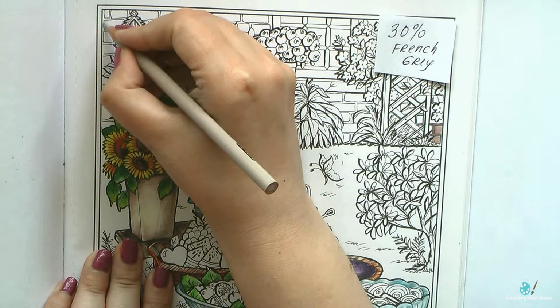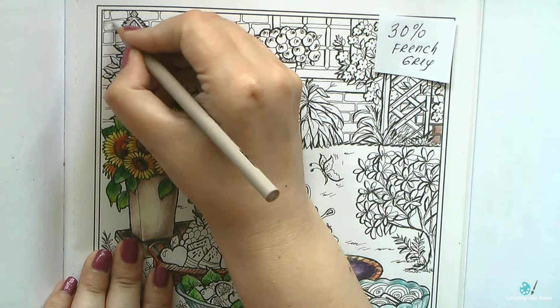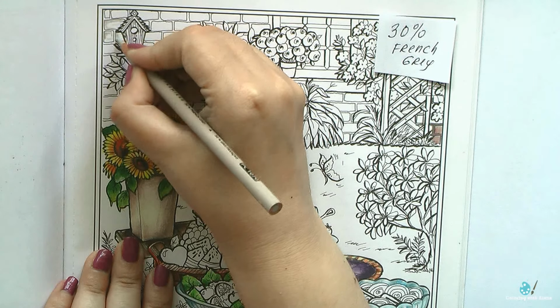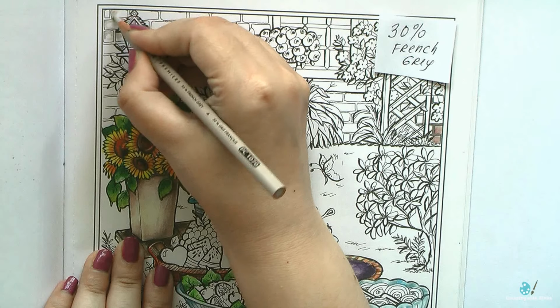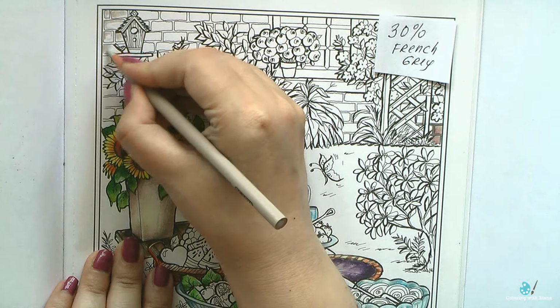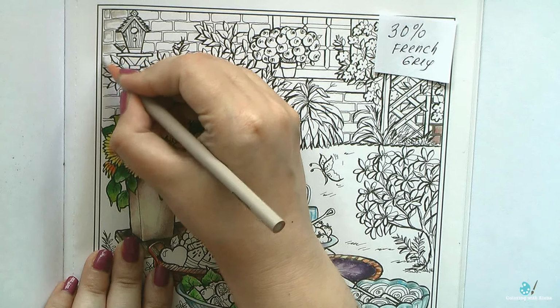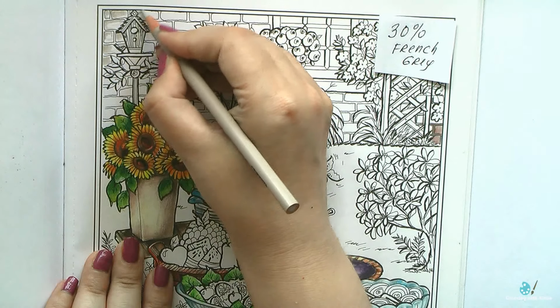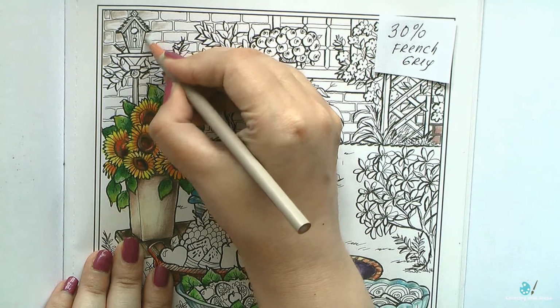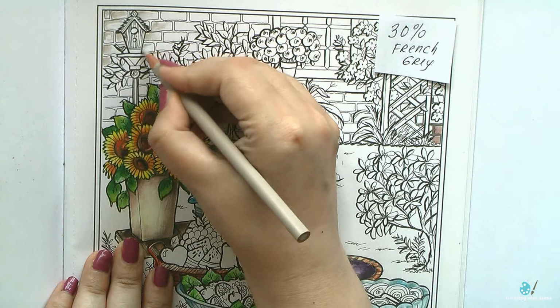And in this part I decided to start by coloring the brick wall. As the brick wall is somewhere in the background and definitely doesn't need to distract any attention from the very detailed party table in the foreground, I didn't want to use any dark or very bright colors for the